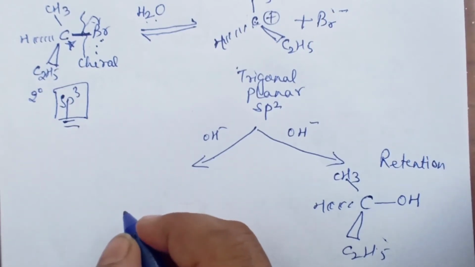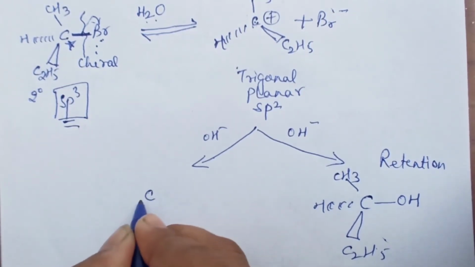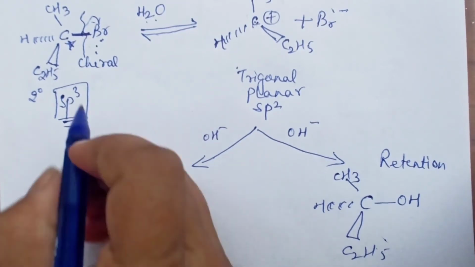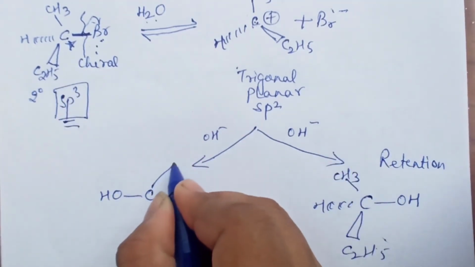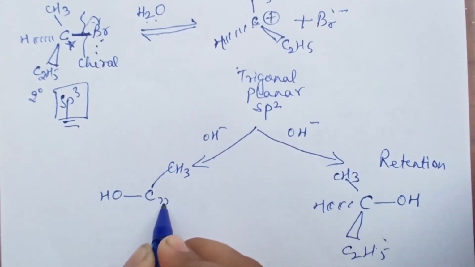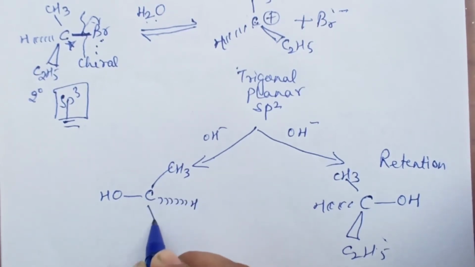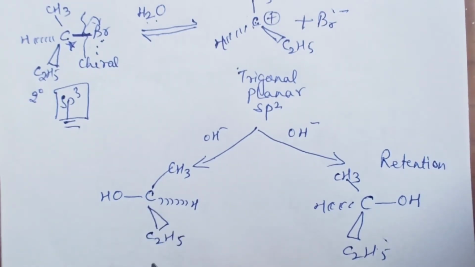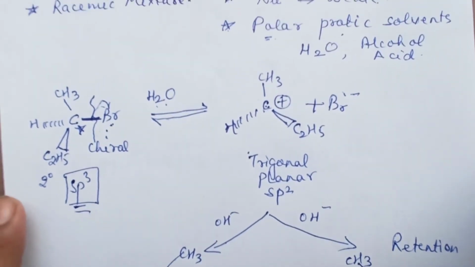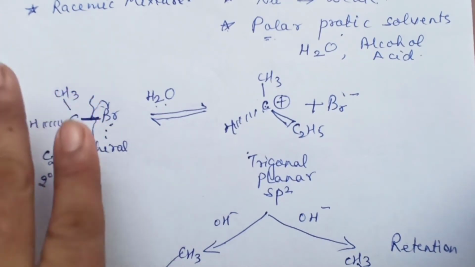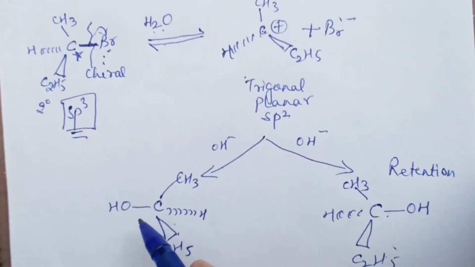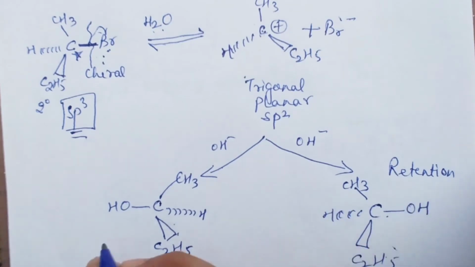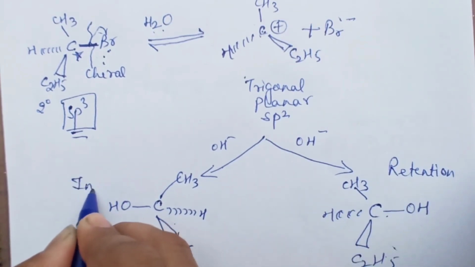If it is coming from the back side, then what will happen? This OH will be shown at the back and these bonds will all shift to the front. You will have CH3, then you will represent hydrogen with a dash, and these you are going to show like this, C2H5. If you compare this structure with the earlier structure, these two are object and mirror images of each other. Compared with the original structure, where Br was here and these bonds were at the back, now OH has come back and these have all gone the other side. That means this one is showing inversion.